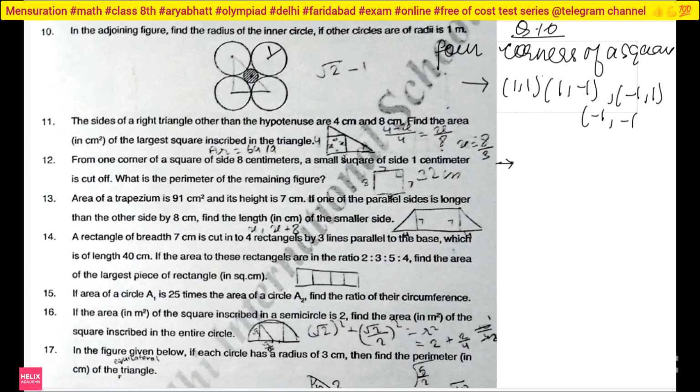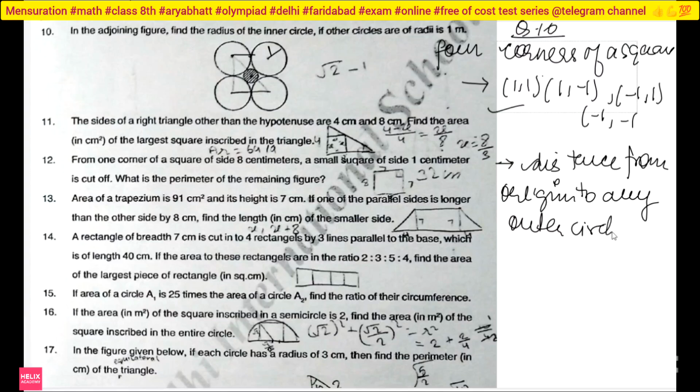Okay, I am just explaining you right now the figure only, that they will form a square. How they will form, better? Square means 90 degree, the same logic only. First you know that everything will be perpendicular. When I draw something on the tangent, it will be perpendicular. So I am just saying that distance from origin to any outer circle, what it will be? 1 square plus 1 square under root, it will be root 2, and this root 2 will be the tangent to the outer circle having radius equal to 1. So for that I will take that it will be r plus 1 is equal to root 2. This implies that r is equal to root 2 minus 1. This will be your answer. For what? Inner one.